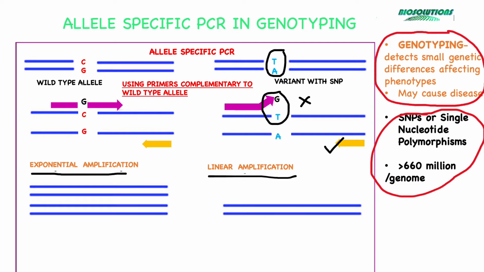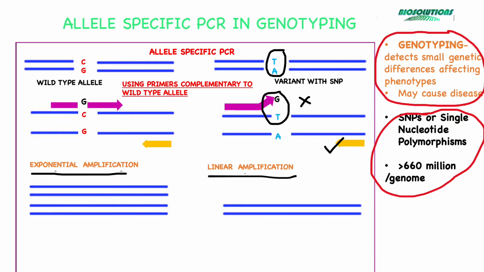There are more variations available to this method, where a set of wild-type and a set of allele-specific primers can also be designed. Also, a probe specific to SNP can also be used, along with a normal set of primers. Genotyping can also be used to identify transgenic organisms like a knock-in or a knockout mice using transgene-specific primers.